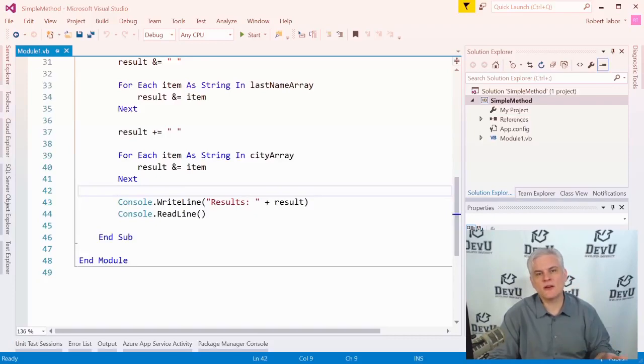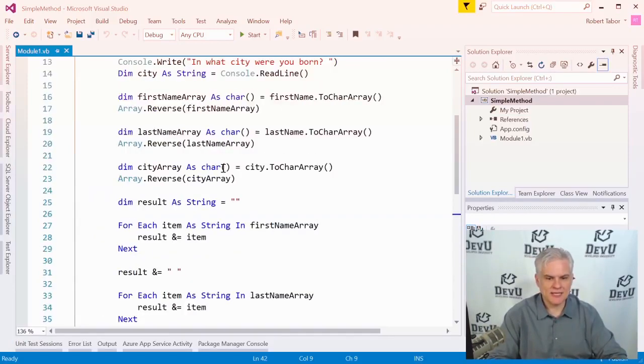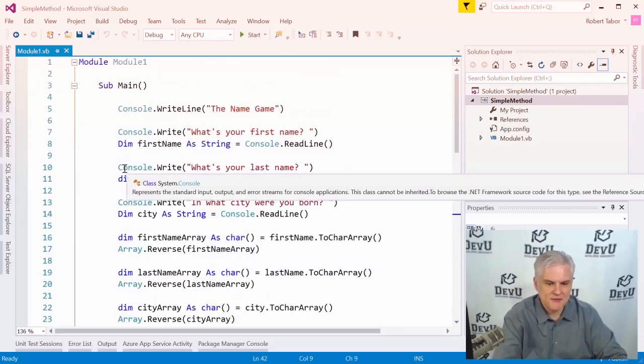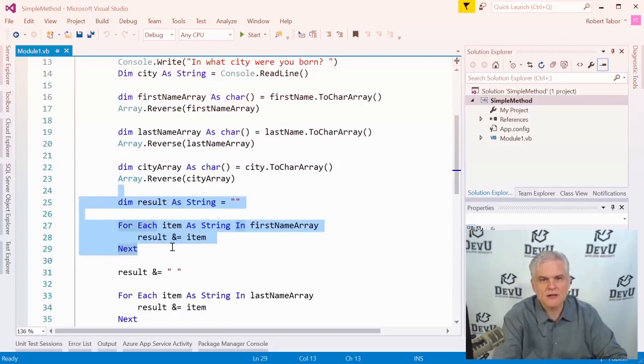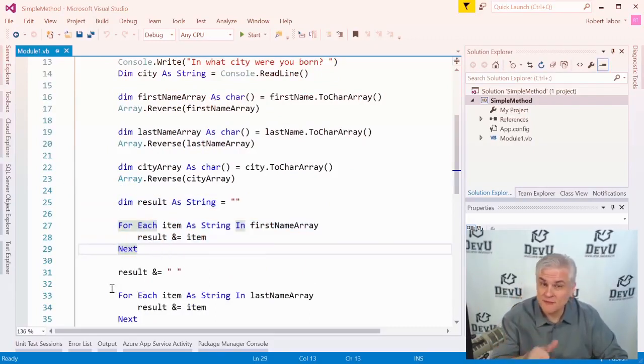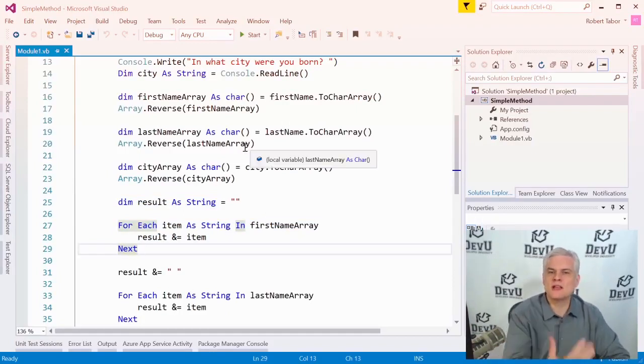paste. And so invariably what will happen is you say, well, I need to reverse not only the first name, but I also need to reverse the last name. So let me copy and paste from up here, and I'll paste it down here. And invariably what happens is you forget to change maybe the variable name from first name to last name or whatever the case might be. And so you subtly